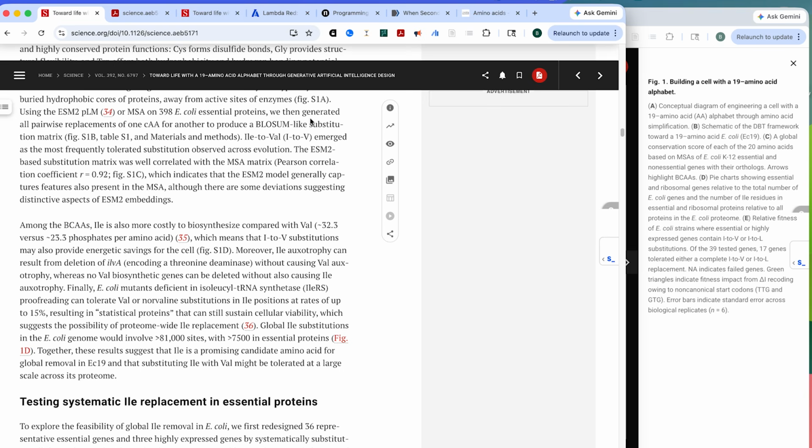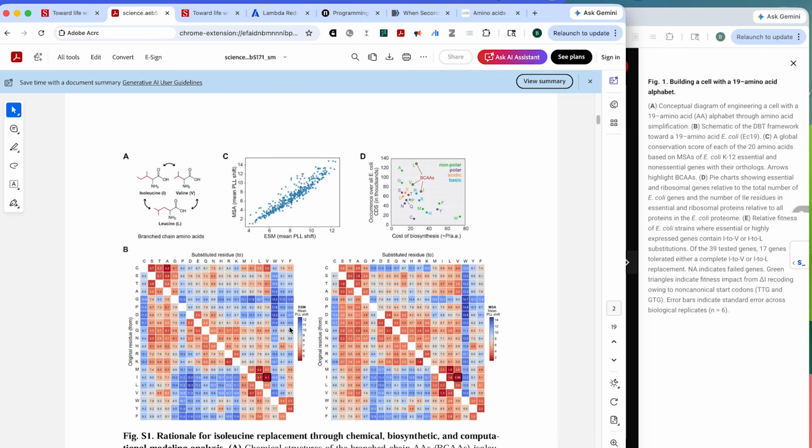So what they're trying to do is look and see, okay, well, we know that these are less conserved, but what amino acid are they typically substituted for? And so they see that this isoleucine to valine substitution is going to be one of the most prevalent ones, as predicted by both of those software tools. So both the